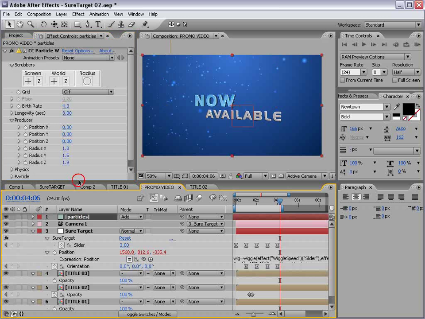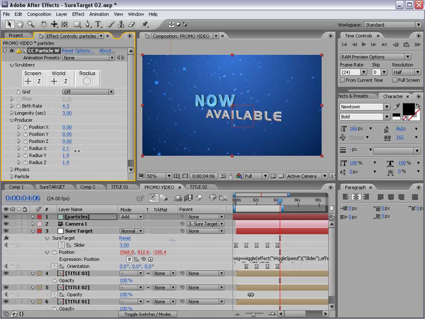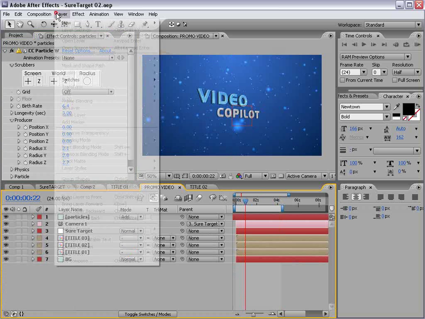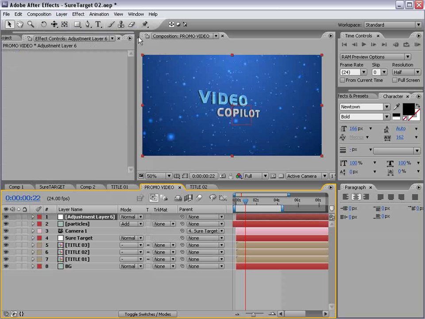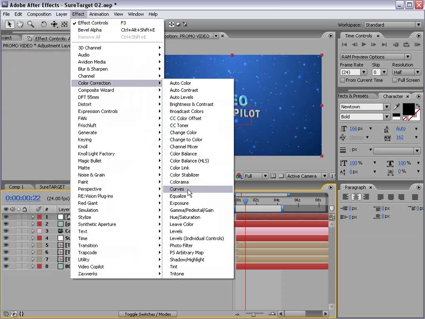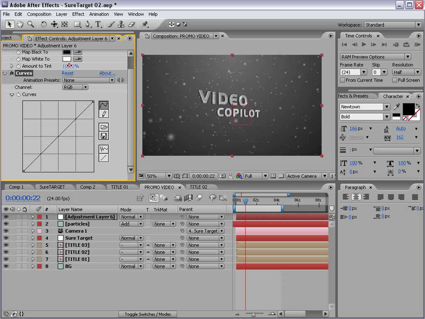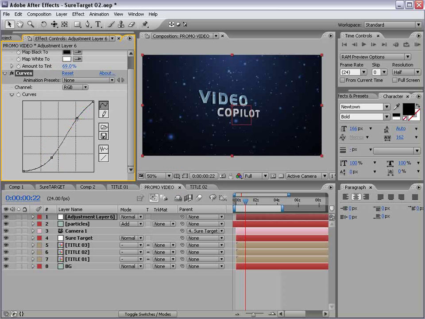Now we'll go ahead into the particles and let's increase the radius so that we can see the particles in the entire frame here, and maybe increase the birth rate again. Okay, now to do some color changes, let's create an adjustment layer. And it's pretty simple. You just add color effects to the adjustment layer, like a tint and maybe a curves adjustment. We'll turn the tint down a little bit and just give it like a really harsh brightness contrast curve,